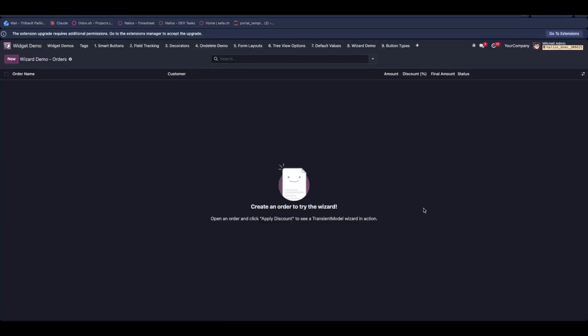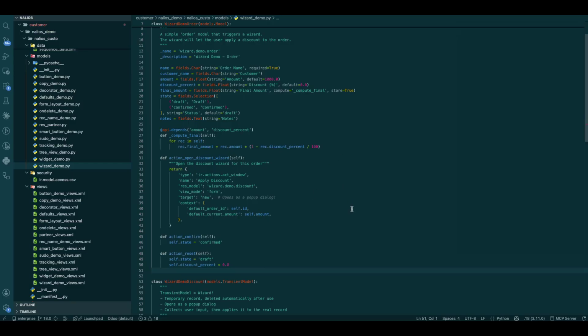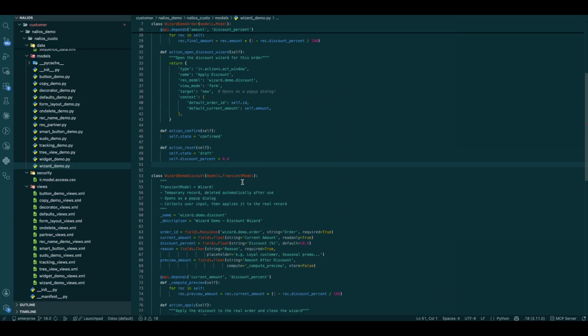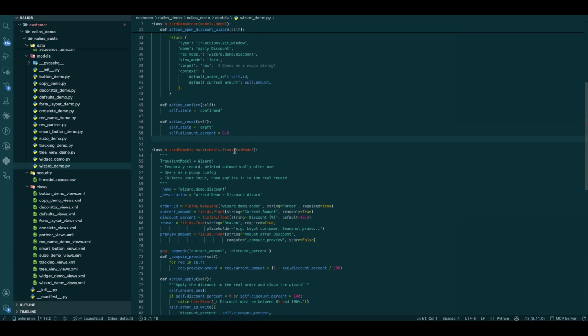Hello, everyone. For today's topic, I'll be covering the way of creating custom wizards for your own models or features. Basically, the way it works in Odoo is that this relies on a specific kind of model, which is called a transient model. Technically, it's more like a bridge for data. It's not something that's totally persistent. It's automatically cleaned up after a certain while that you can define or customize,